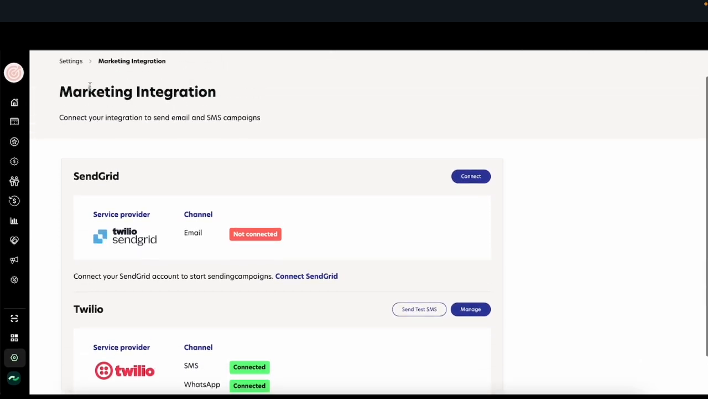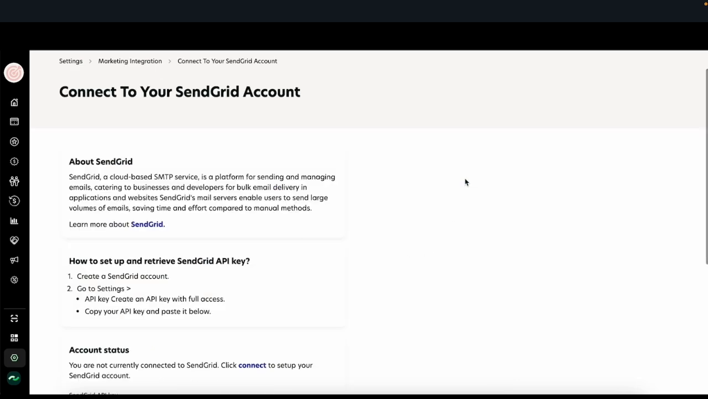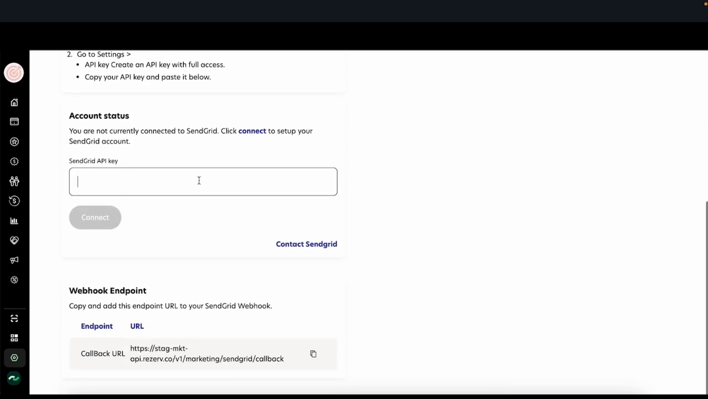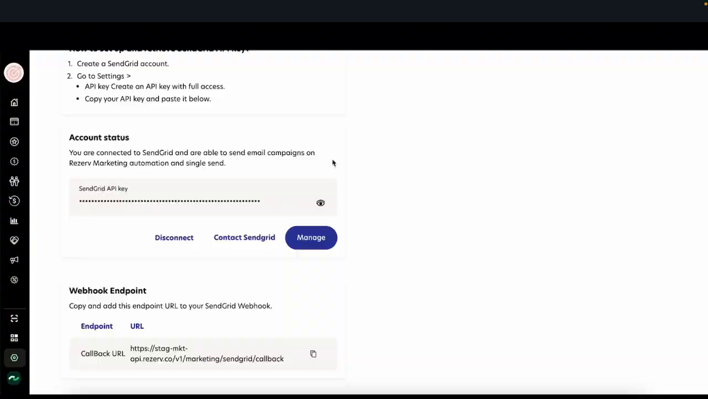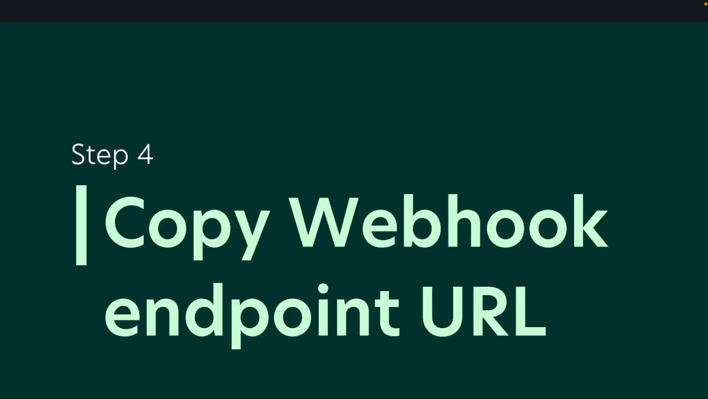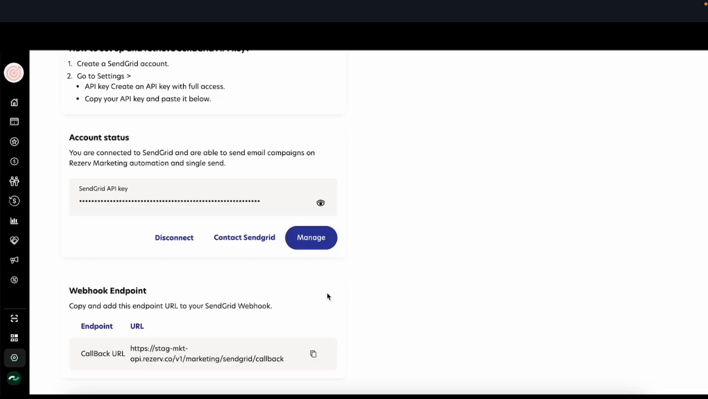Under your settings, marketing integration, connect to your SendGrid. So click on Connect and then paste your SendGrid API key here, and then click on Connect. So after you've connected, what you need to do is to copy and add this endpoint URL into your SendGrid webhook. So click on this button